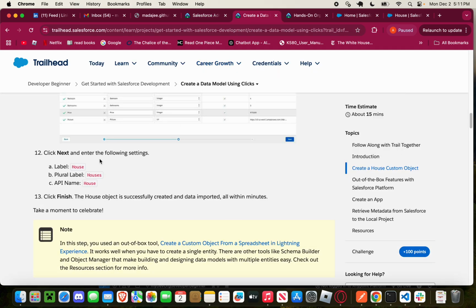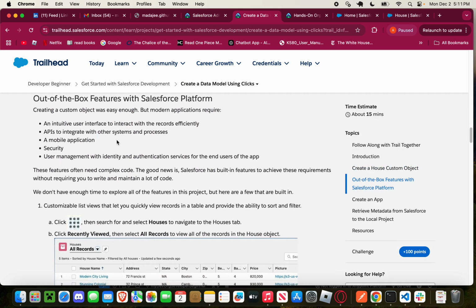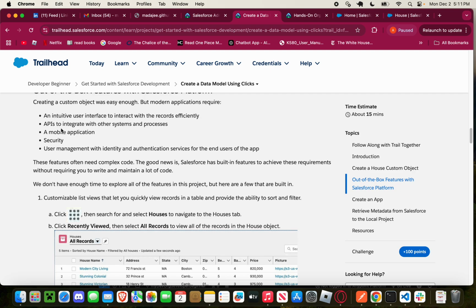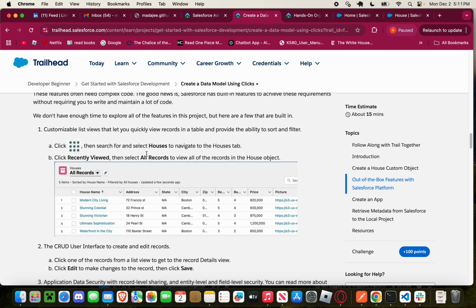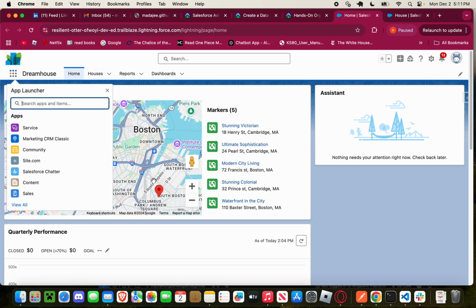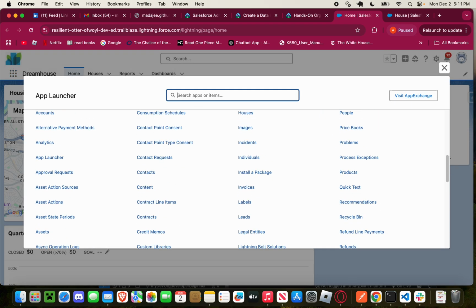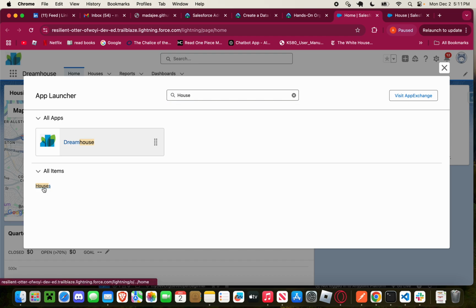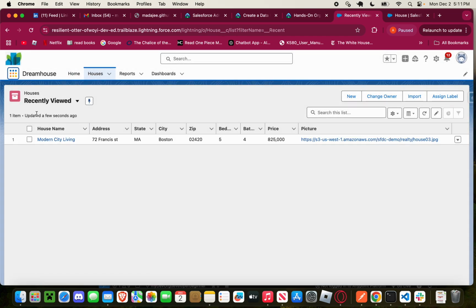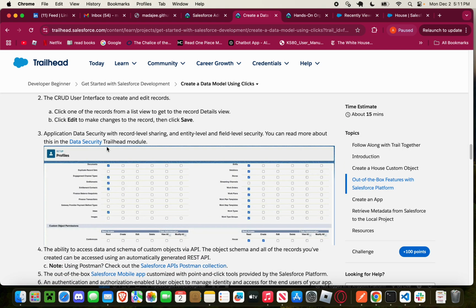And then once you do that, you get intuitive user interface, APIs to integrate with other systems out of the box, and then you can see this house, houses as a tab as well. And then as you follow along,